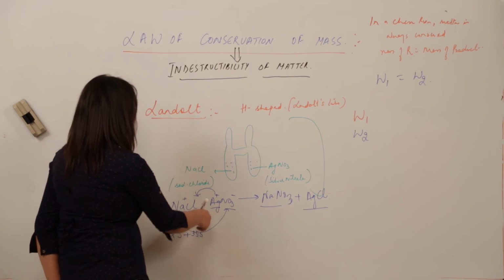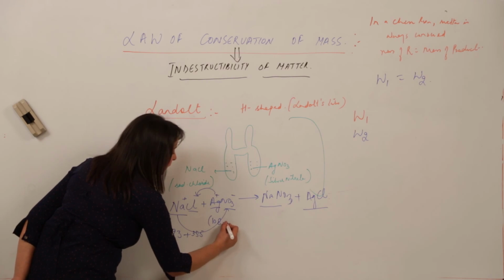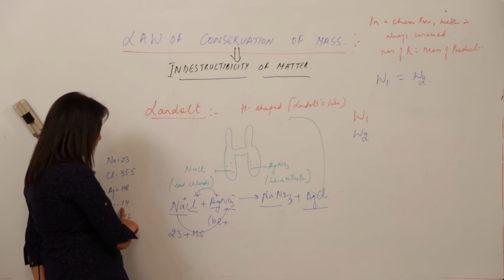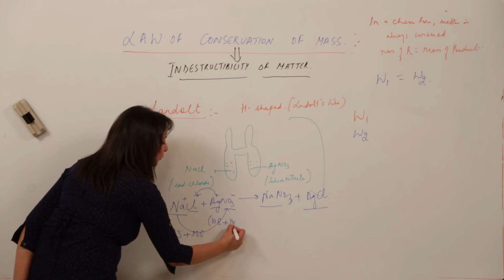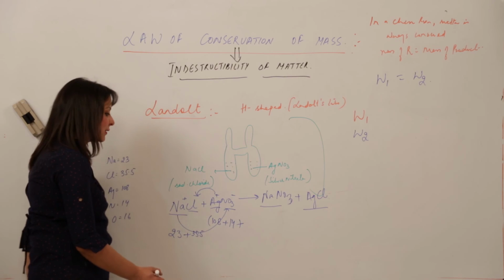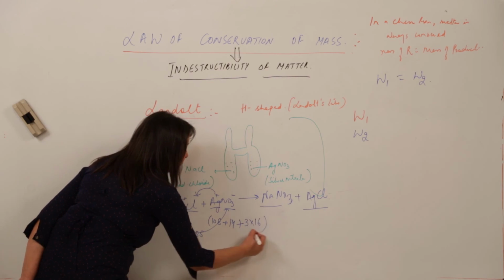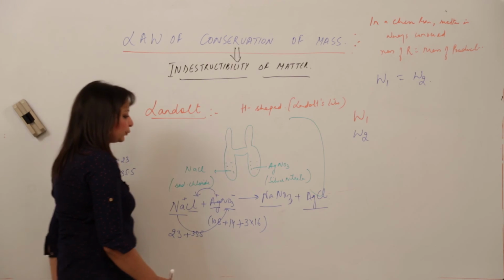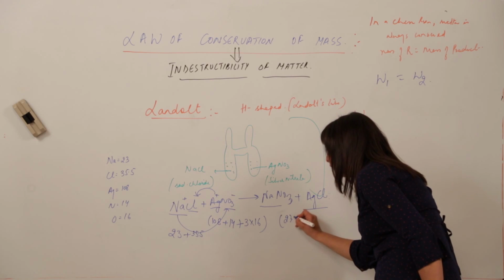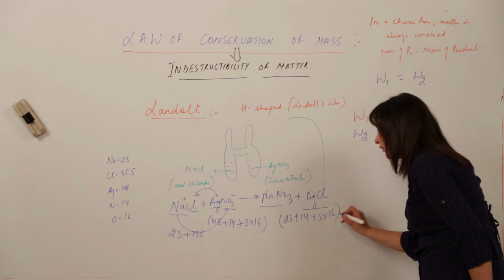Now taking AgNO3, Ag is 108. Ag and N are different, so I am putting plus. N is 1 atom with atomic mass 14, so I am putting 14. N and O are different atoms, so again we put plus. There are 3 atoms of oxygen and 1 atom weighs 16, so 3 weigh this much. Similarly for NaNO3, Na is 23, N is 1 atom, 14, and 3 into oxygen, 16.